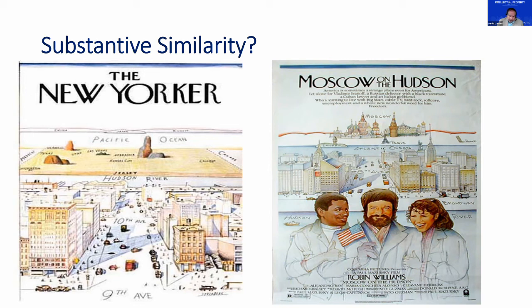If you look at the font in how Moscow on the Hudson is written, it clearly borrows the classic New Yorker font as well. The W in New and Moscow, for example, are identical. And so they just thought that perhaps there's a little too much borrowing going on if this were just sort of thematic or homage. So this was ruled an infringement, but it's always ever interesting to me to have these